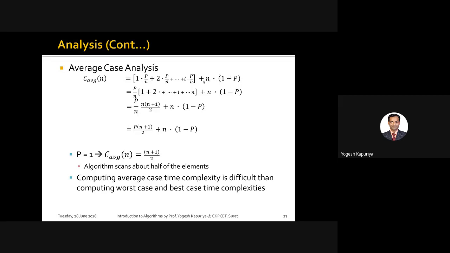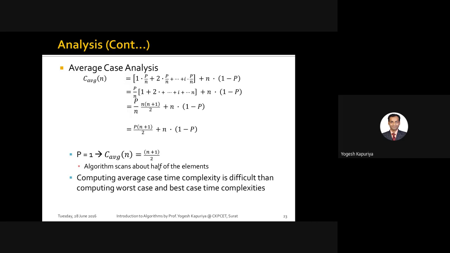This is the probability of an unsuccessful search, because it's always possible that the element we are trying to find is not there. So then you add these two. This component is the probability of a successful search and this component is the probability of an unsuccessful search. Then you solve this equation. Finally, what you will get is n plus 1 by 2. So it sounds like n by 2 only. So it's like an average case only.